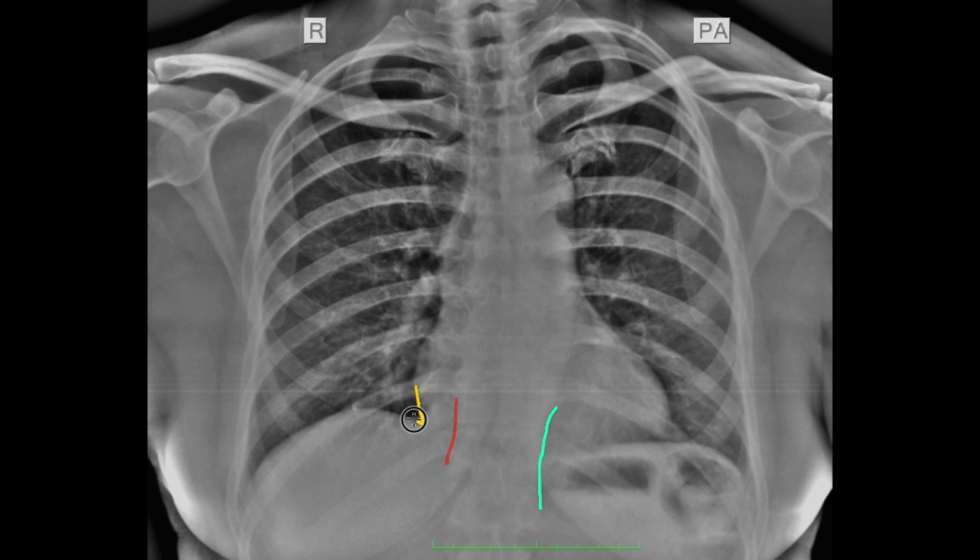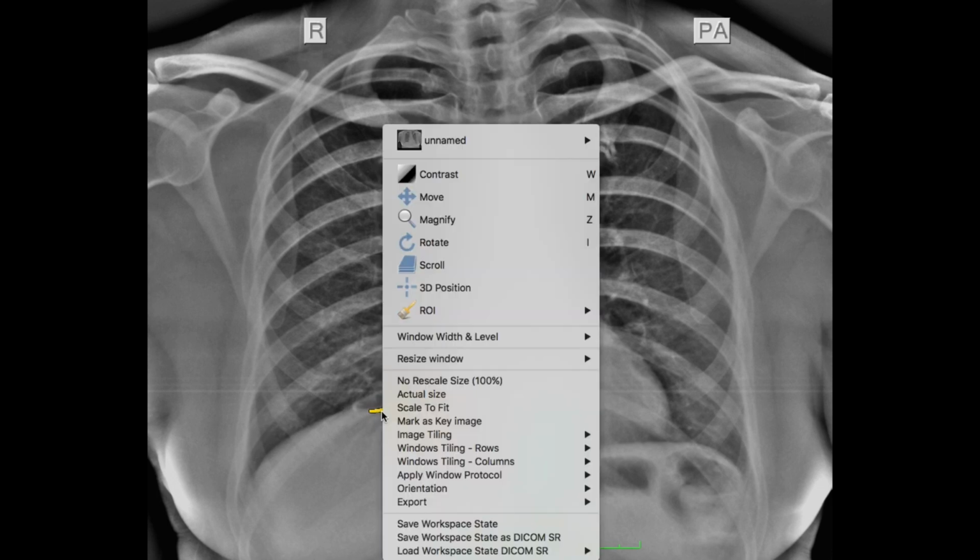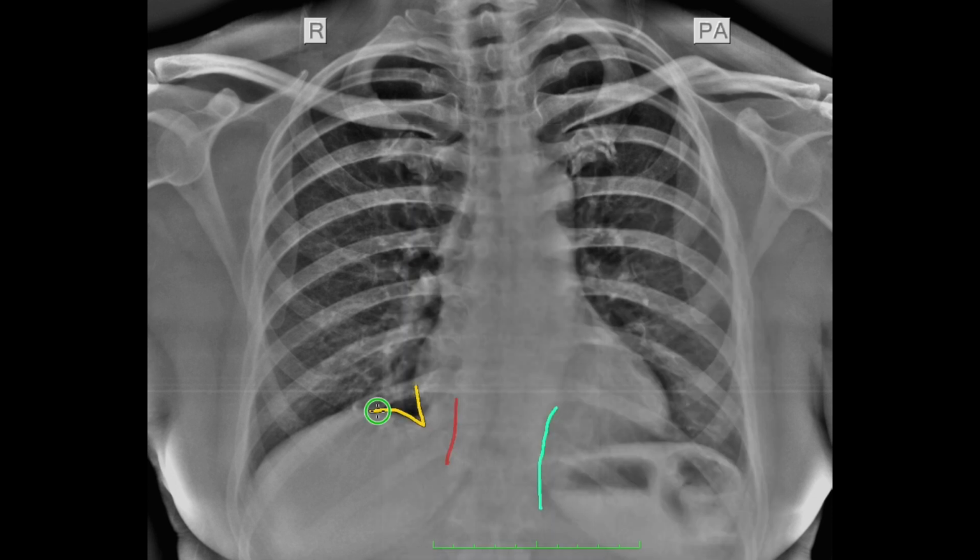Coming outwards, this is the cardiophrenic angle. There are certain pathologies which are specific to this region, like Morgagni's hernia, pleuropericardial cyst, and epicardial fat pad. Then coming still outwards, look at the domes of the diaphragm. This is the right dome of the diaphragm, this is the left dome, and normally the right dome is higher than the left. Maybe both may be at the same level also, or sometimes in 3% of the population the left dome also can be at a higher level. That is because of the gaseous distension of the gastric fundus or the splenic flexure.